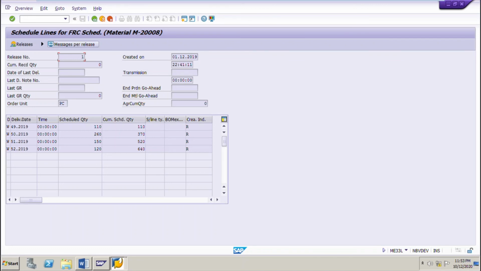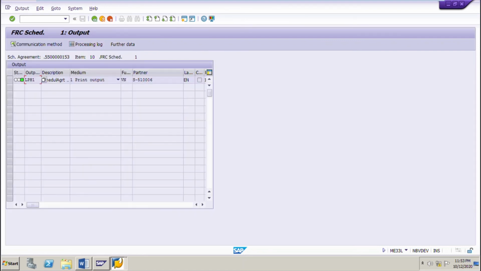Now click on messages per release. So we can see the print or the output status of the delivery schedule is green or successfully processed. So the FRC delivery schedule of the scheduling agreement is also printed successfully.